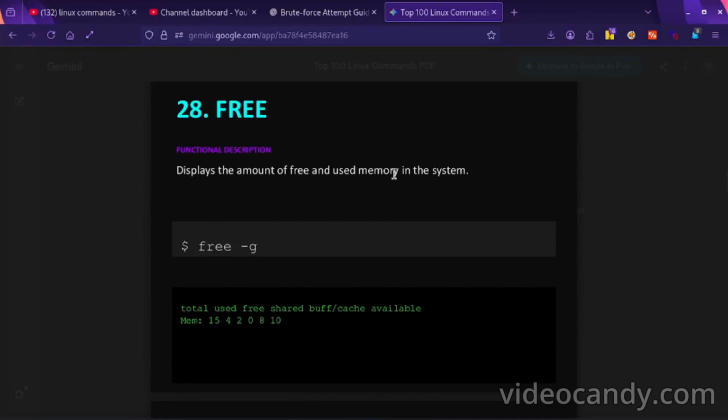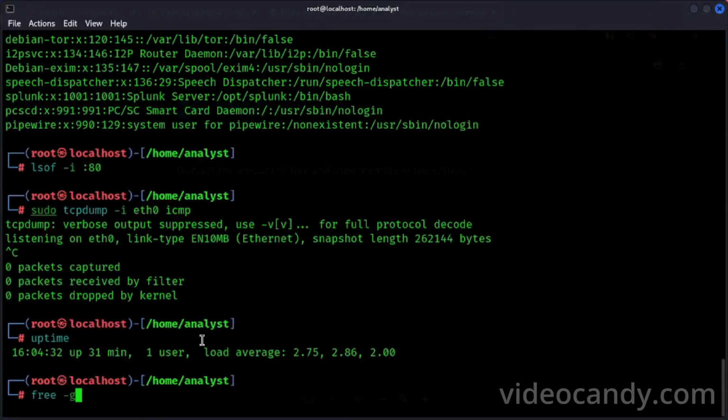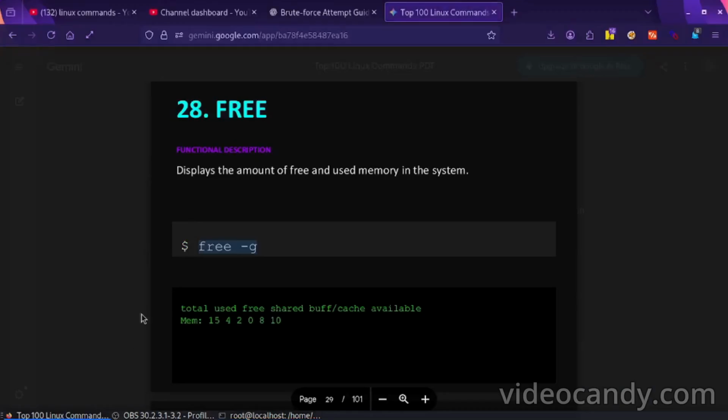Display the amount of free and used memory in the system. How much is used and how much is free. We have one free and two used, and in total I have 5 memory.